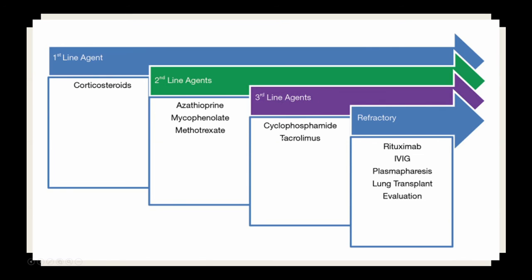And then cyclophosphamide and tacrolimus: there are a couple of studies, and I say studies, small case series, looking at cyclophosphamide for rapidly progressive ILD, which would be somewhat similar to this patient, that showed some good prognosis. But I find that rituximab and IVIG tend to be where we're headed more nowadays, and lung transplant if things progress to the point where they're not responding to treatment anymore. It makes sense; it's a bit of an antibody-mediated process. So Rituxan has a lot of appeal, although the data is still very mixed and it's very challenging to study because it's such a rare disease.